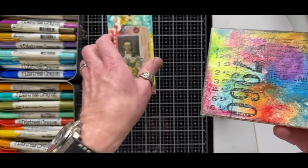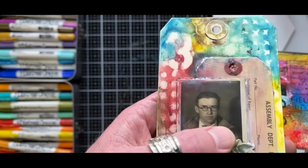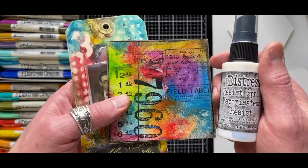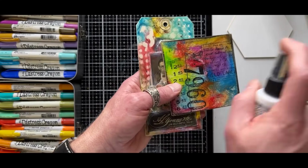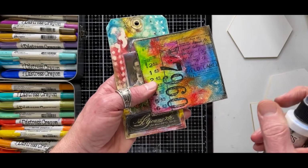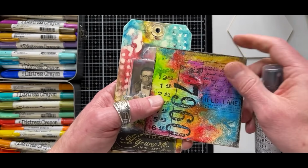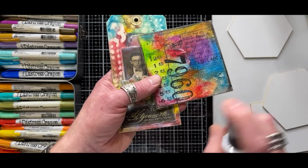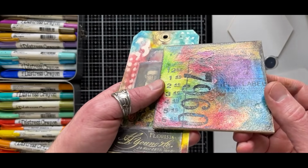See how shiny that is? Compared to this tag, which doesn't have any shine to it, okay? That shine is because it's sealed with resist spray. Resist spray allowed me to spray it over the top and just let it dry. It just sat there. If I were to move it, then that resist spray would make those crayons go everywhere. But the fact that I was able to add a light mist of resist spray, let it dry or